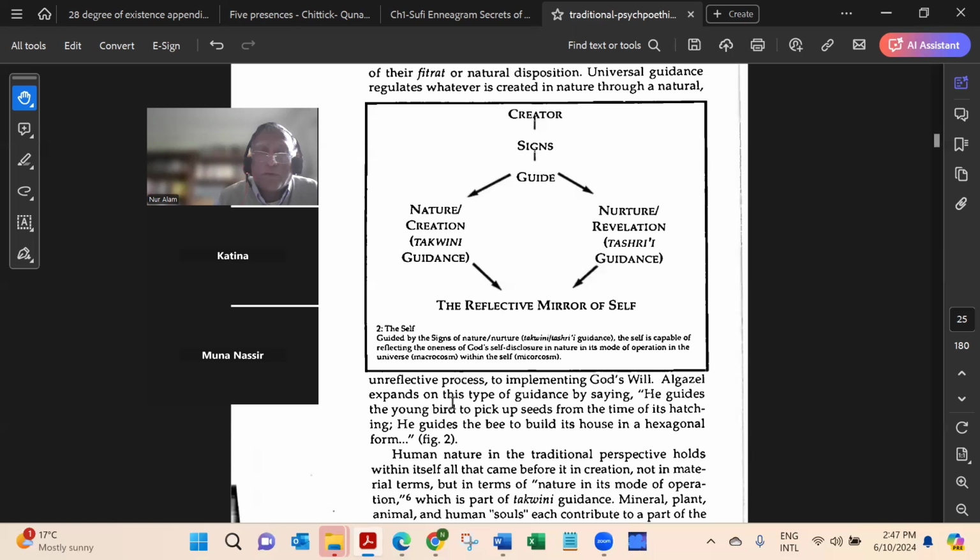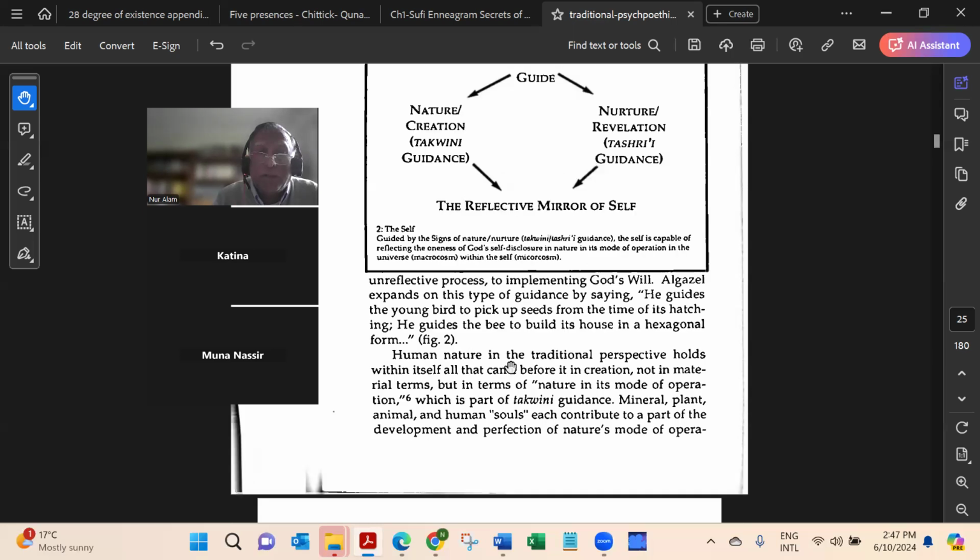Al-Ghazali expands on this type of guidance by saying he guides the young bird to pick up seeds from the time of its hatching. He guides the bee to build its house in hexagonal form. And then he said human nature in the traditional perspective holds within itself all that came before it in creation, not in material terms, but in terms of nature in its mode of operation,